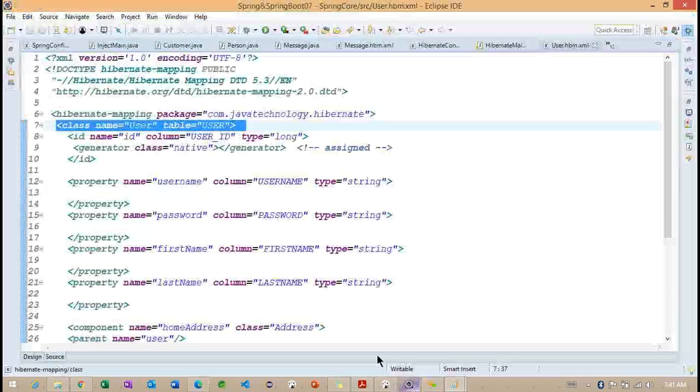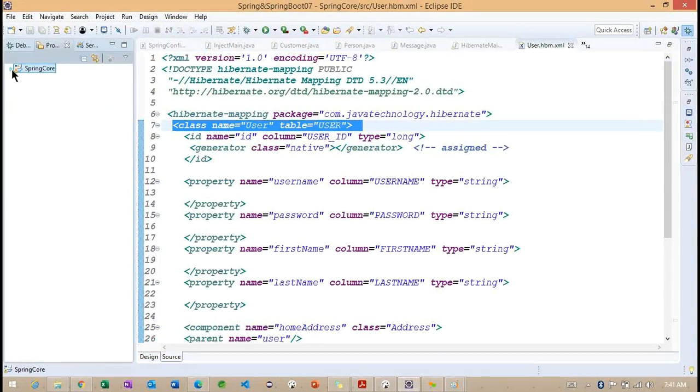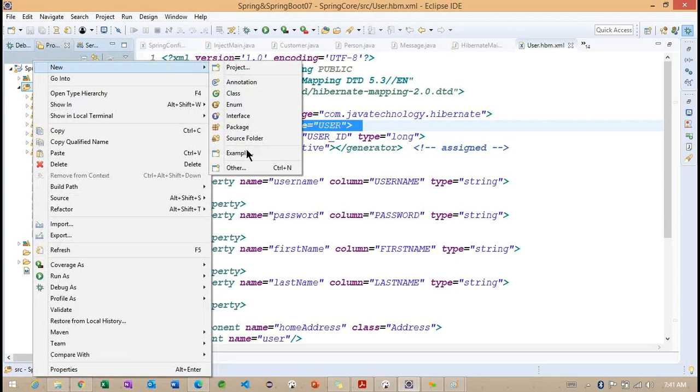So to understand here, first what we need to do, we need to create one mapping file. Let me create a mapping file here inside this particular source directory. What is the mapping file we need to create?